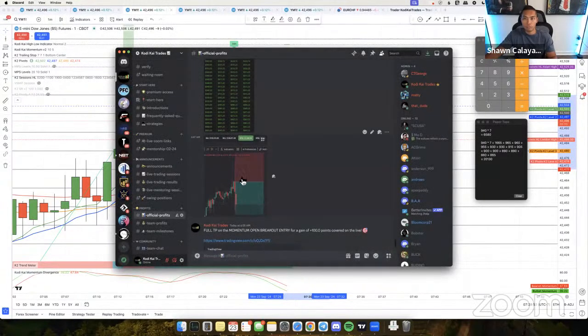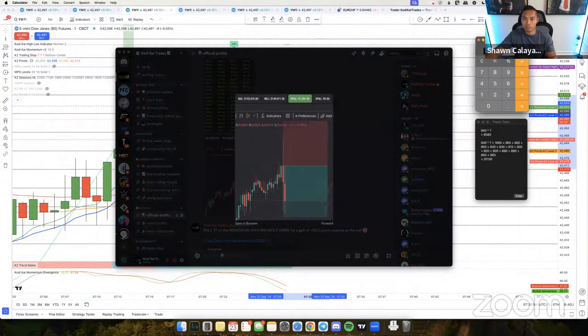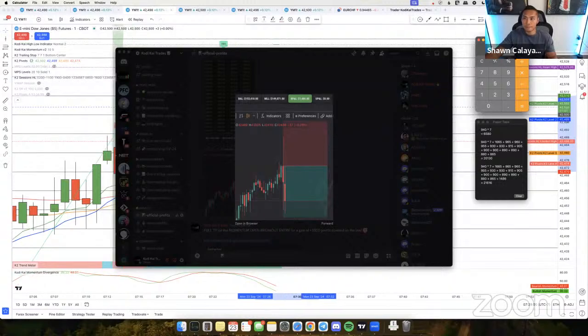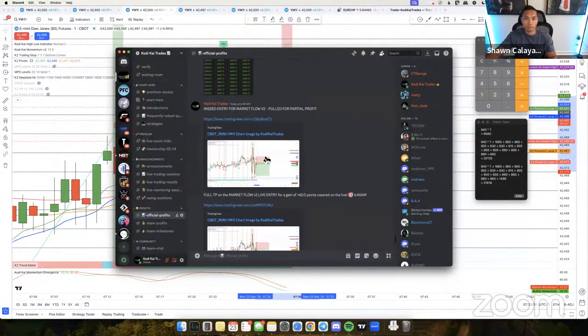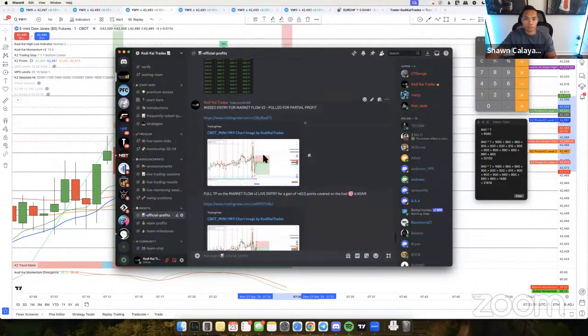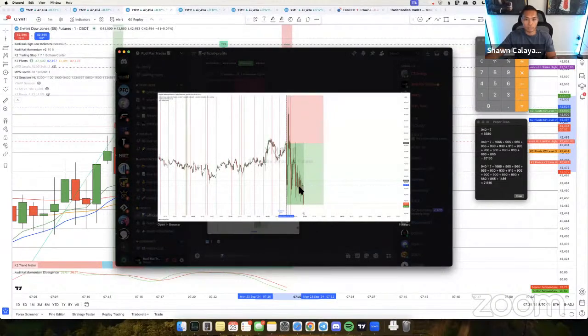And then for my Top Step account, plus 1486. So a total profit of 21,616 for the day. I just took 2 trades, which was the breakout, which, even at that, was just a partial. I got it at 50 points. If I held on to it for the full TP, it'd be double that.